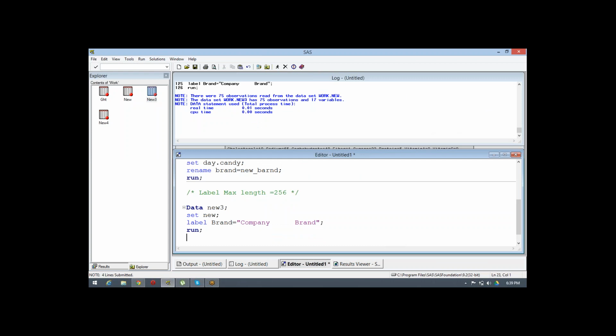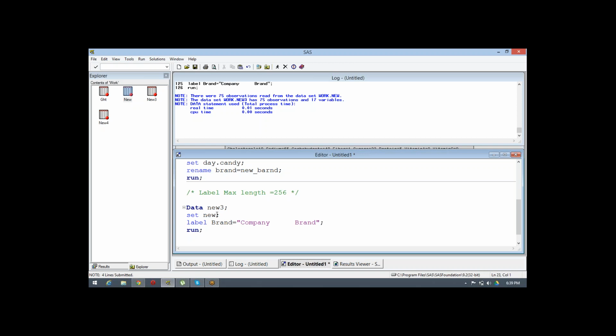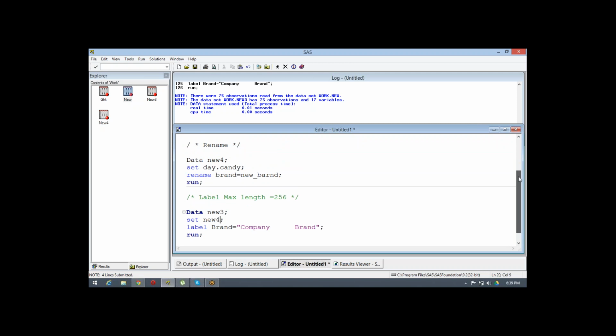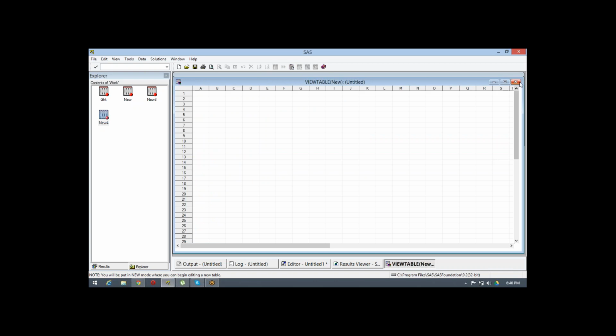Why have we used set new here? What happened is I created a new data set before and was calling it new, not new 4. Let's suppose I call new 4, which was created previously. New 4 is created, so we can use this new data set.